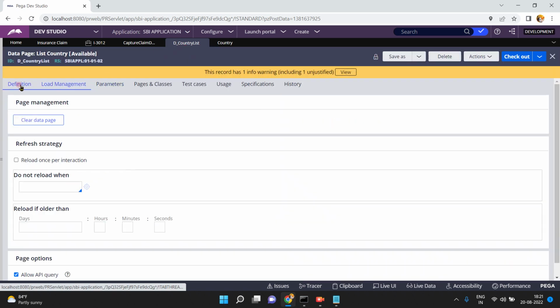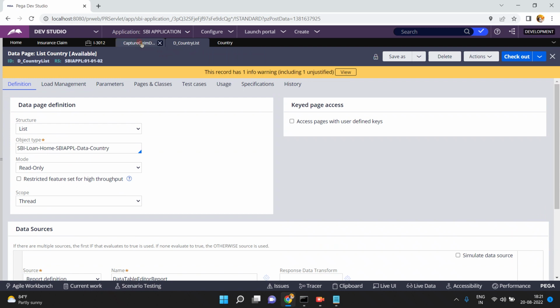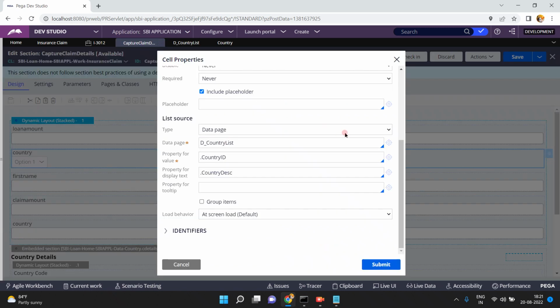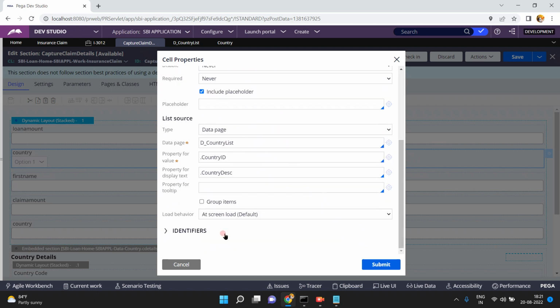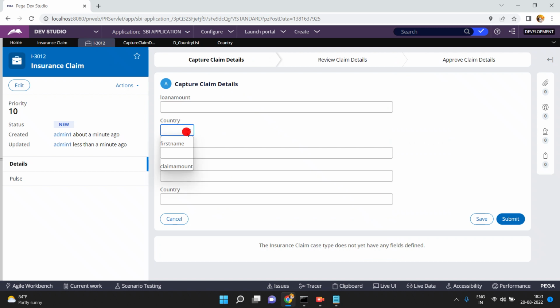I am using this D_CountryList data page as my drop down source. See, this is my drop down source, D_CountryList. That's why in my section the countries are loading with India, China, France and Norway. Now my intention is, when I select this country,